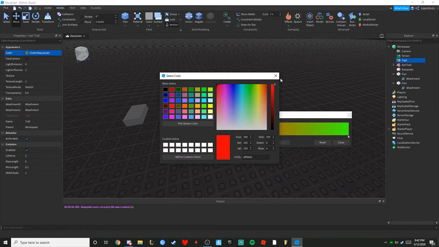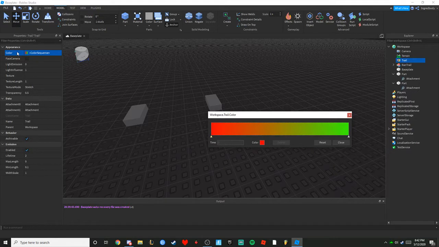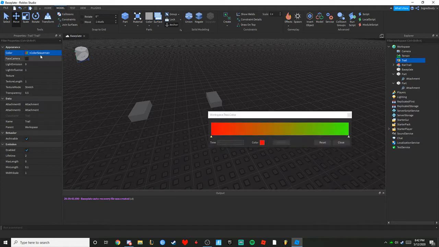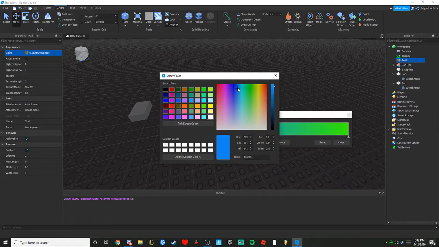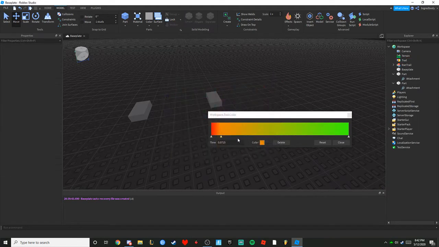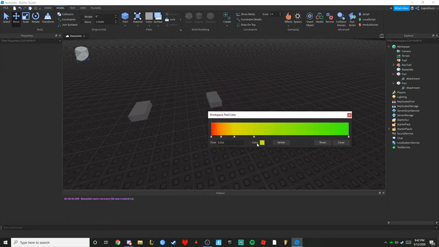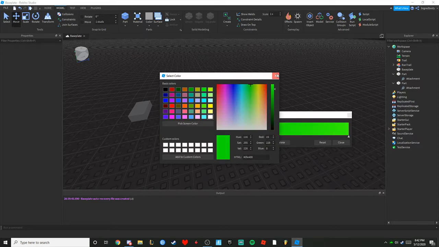I'm going to have to close color sequence. So you're going to click on this button right here when you hover over the color. So I'm going to simply make rainbow. This one's going to be a little bit more rushed. So it's red, orange, yellow. Make sure you stretch them out more than I'm doing, because if they're not stretched out enough,